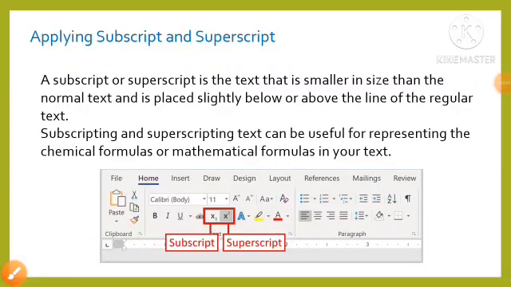Students, today we will learn about subscript and superscript. We have already learned about it in the lower classes. So what is subscript and what is superscript? A subscript is text that is smaller in size than the normal text and is placed slightly below the regular text. And a superscript is text that is placed above the line of